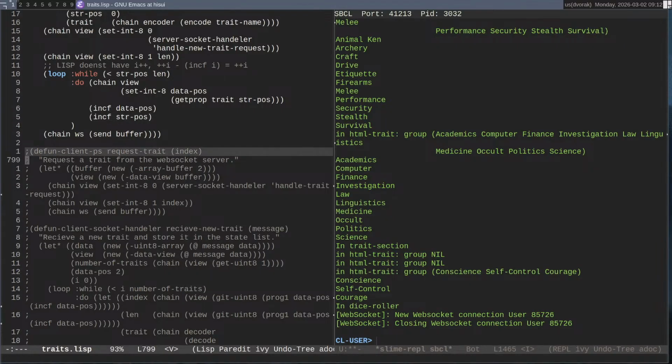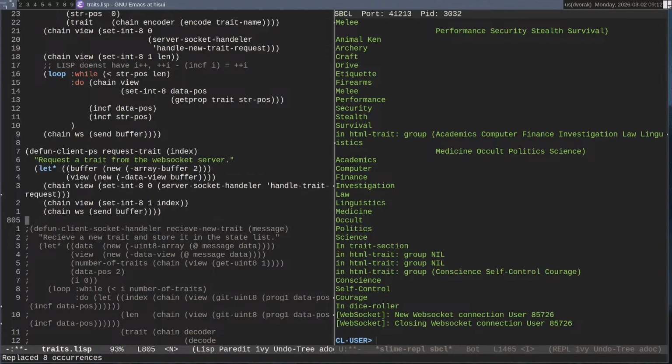So next function, request trait. I don't think I'm doing anything silly here. We are requesting a trait from the WebSocket server. Basically, it's the same thing, but it's with a number instead. Give it an index, a number. It will go, oh, okay, I'll put that in.